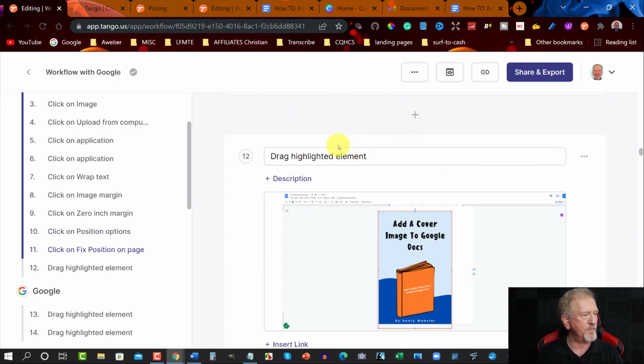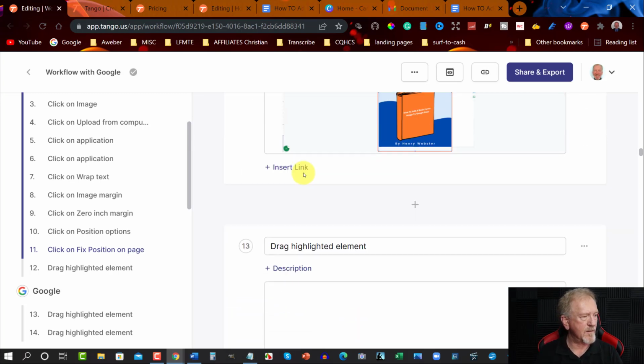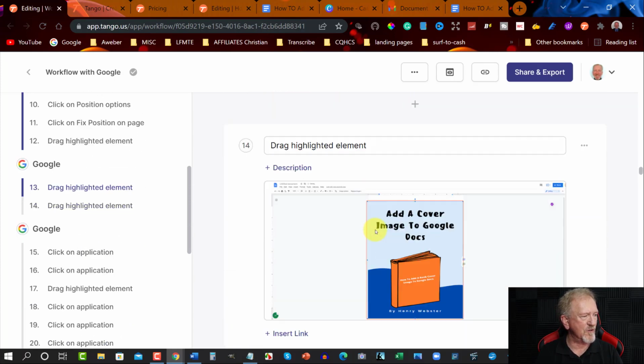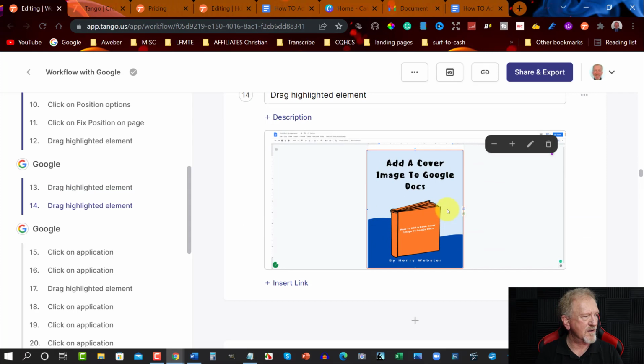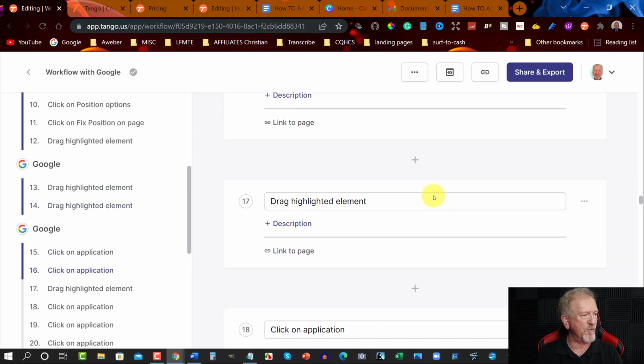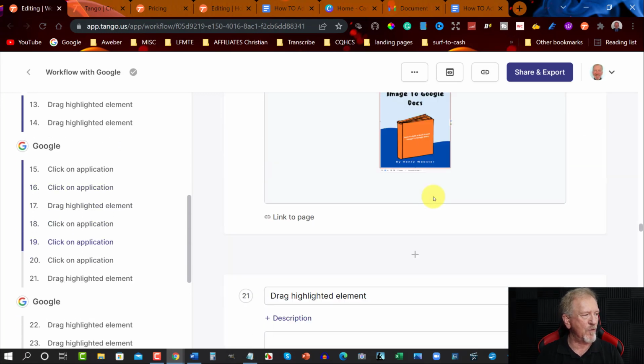You can scroll down, drag highlighted element, or in this particular case drag image, and as you can see, it gives you information on all these sort of things, and it just keeps going through,